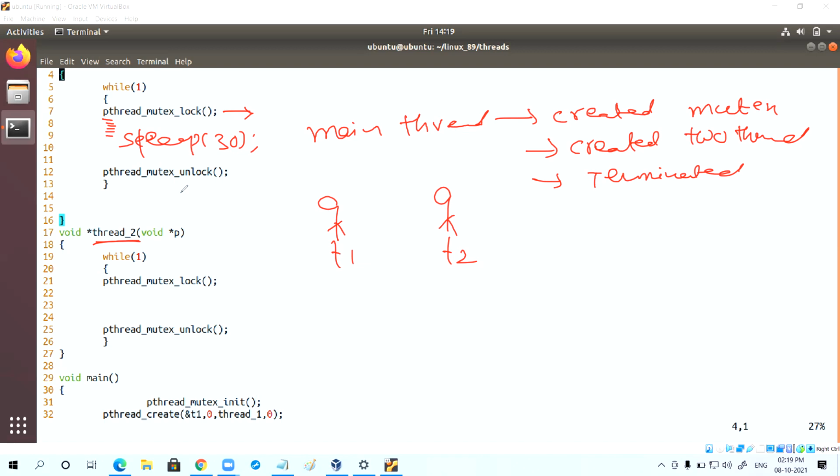Now can you tell me in thread 2, line number 21 will block or not? Can I say it will block? Why? Because the mutex is already locked by thread 1, so the lock is not available.